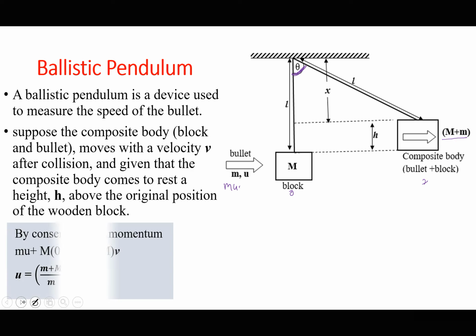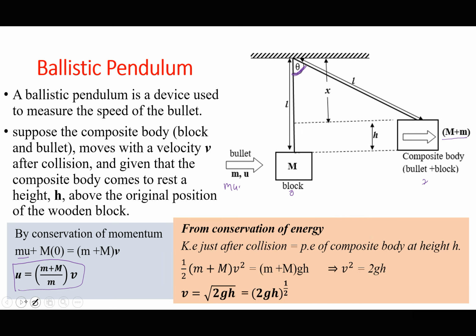So that means if we consider conservation of momentum, we have that mu plus M times 0 is equal to (m plus M) times v. So we can get the initial velocity of the bullet to be equal to (small m plus capital M) over small m times the composite velocity. But then if we consider conservation of energy,